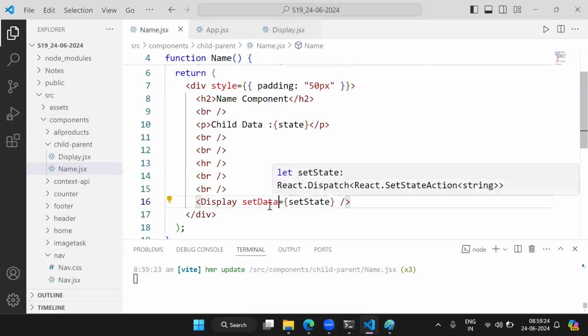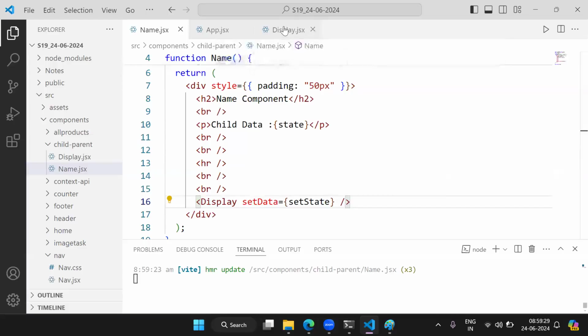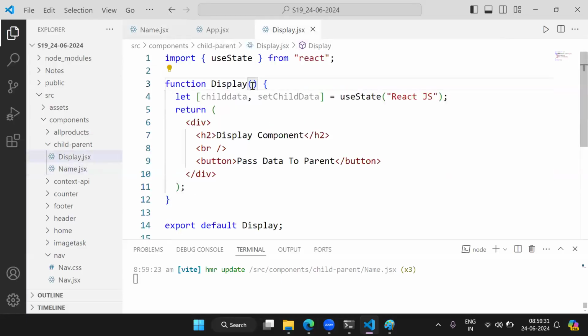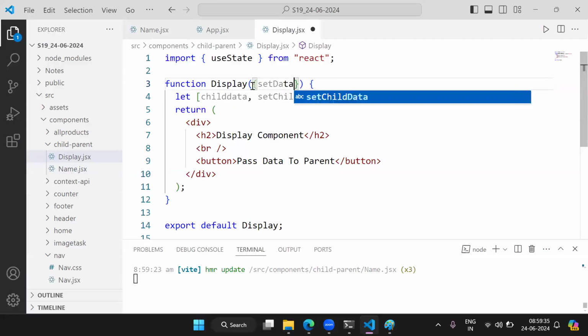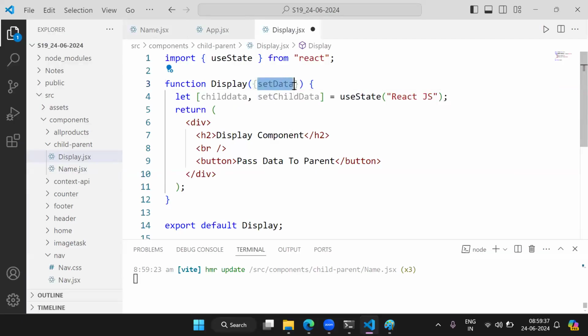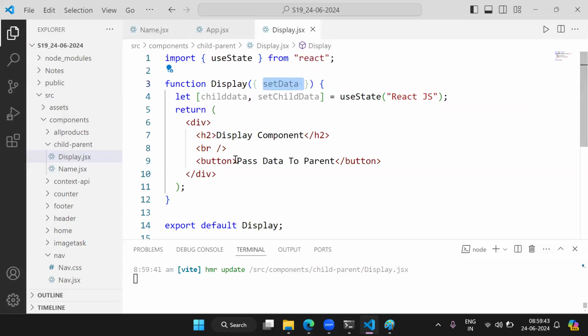Now this function will be available to your child component. So I will go to this child component here. I will destructure it: setData. Now this setData is a function type. Now if you are calling setData, it means internally you are calling setState only. Now whenever I click on this button,